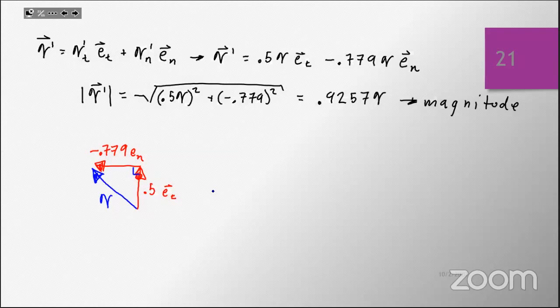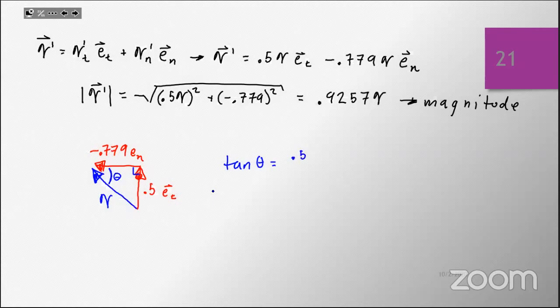So if I wanted this angle, how would I figure it out? Which angle, right? Does it matter? No, you can define whichever one you want. Let's talk about this angle. If I call it theta, I want to find theta. What do I know? Well, I know the normal and I know the tangential components here. If I'm looking at this angle and I know both legs, that's just the tangent, right? That's the opposite over the adjacent. So the tangent of theta is equal to